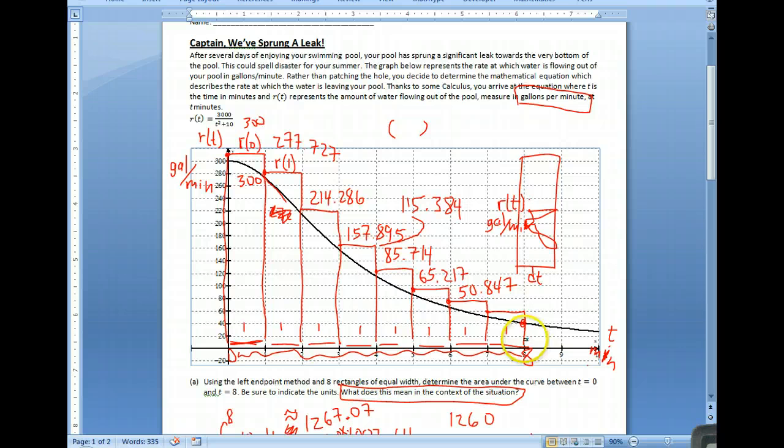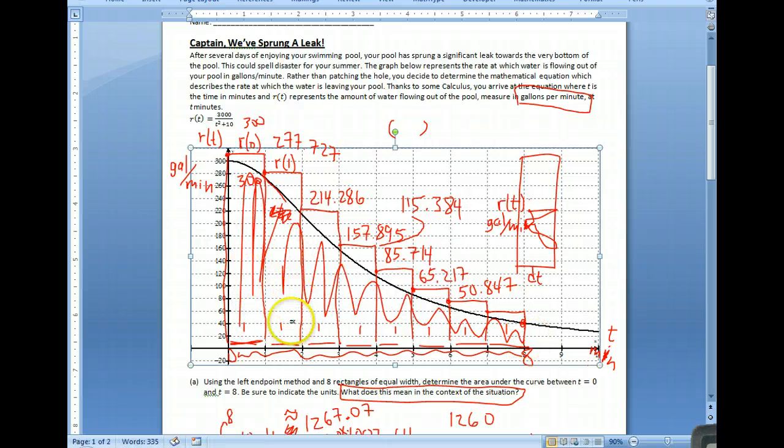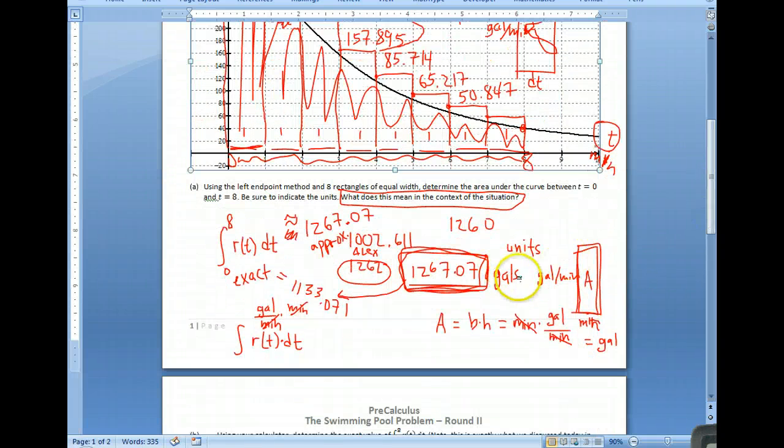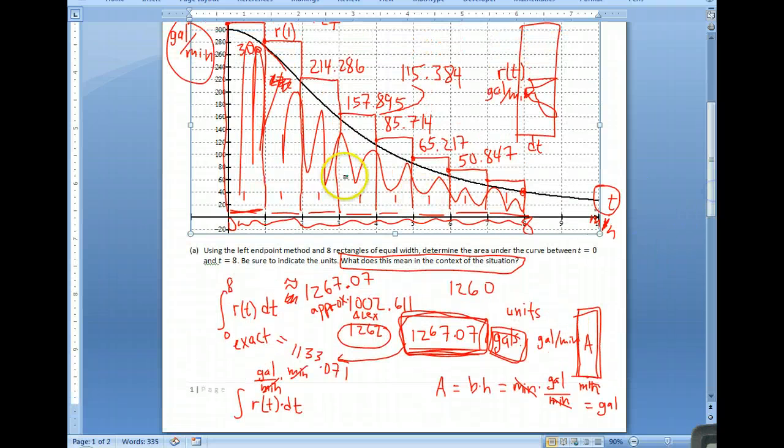But all of that area under the curve represents the water that had leaked out. Take the gallons per minute, multiply by the time, and that gives you the units of your area under the curve. So that's what this means in the context: you've lost this much water since it's leaking. Any questions? Okay, so to move on,